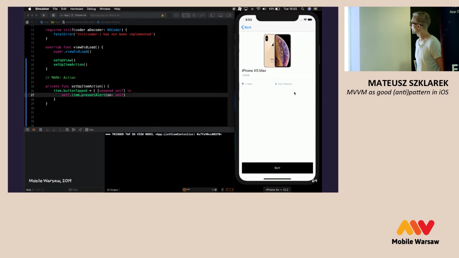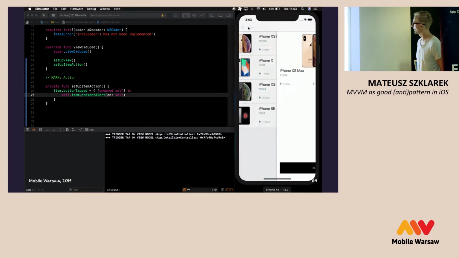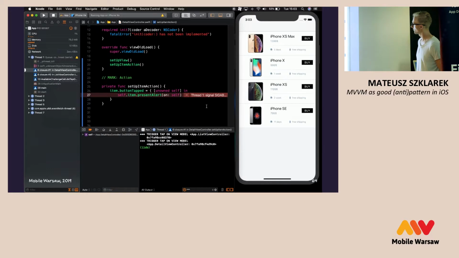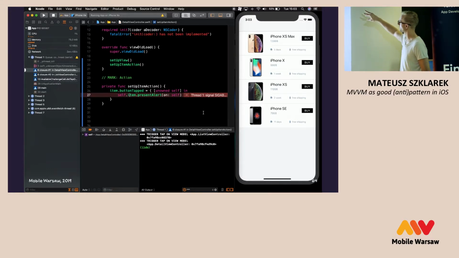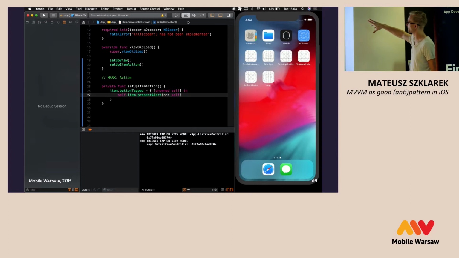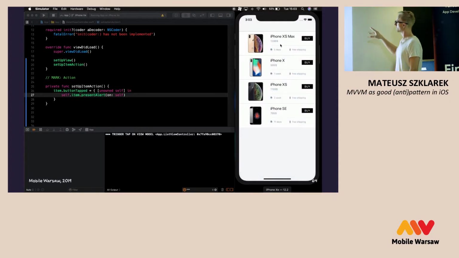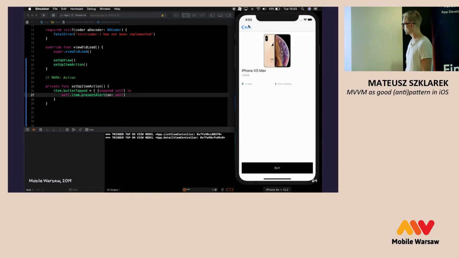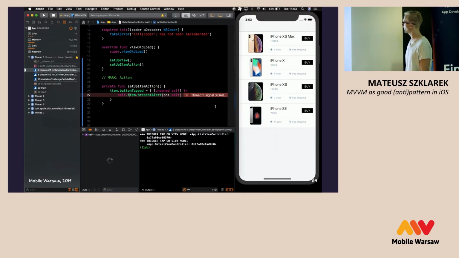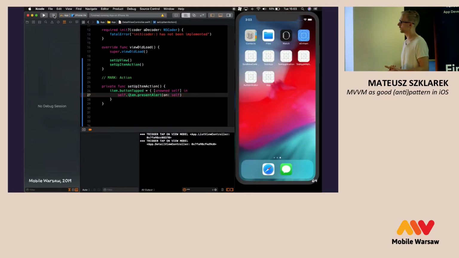Here we can see that I'm first tapping on the buy button on our list view. Then we go to the detail screen, tap the buy button again, but on the detail screen, and we have a crash because we use the same closure, the same instance of our viewModel, so we set the same closure in two different places.